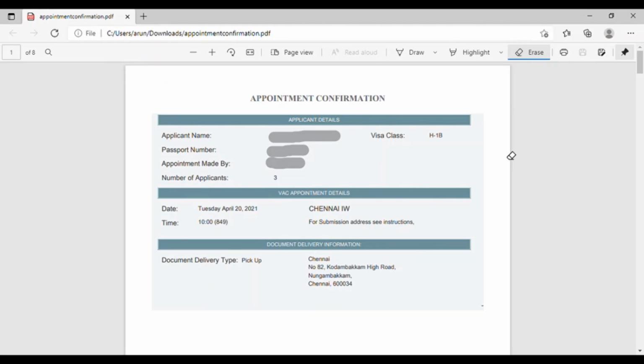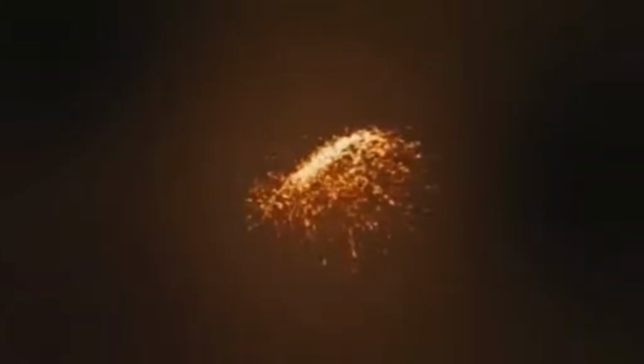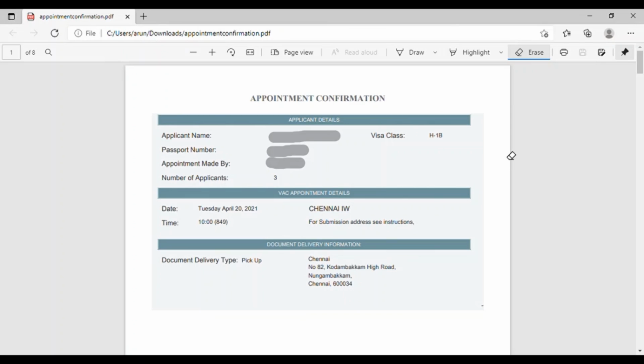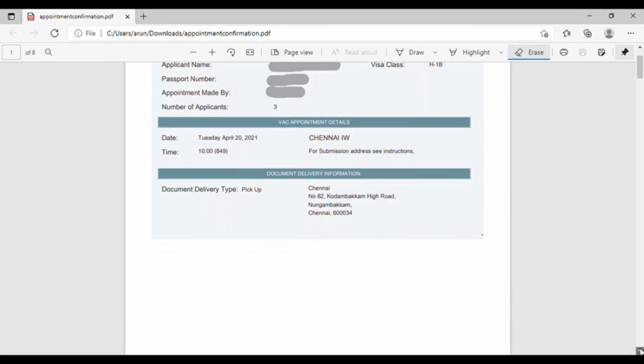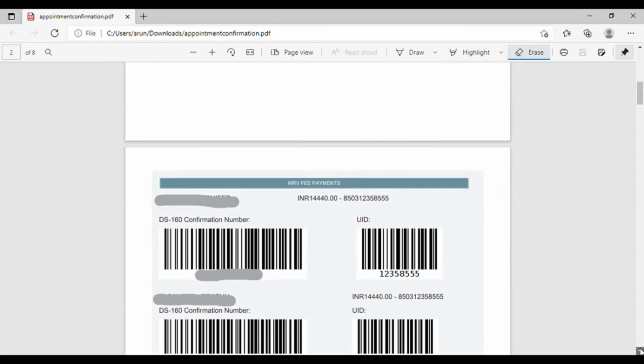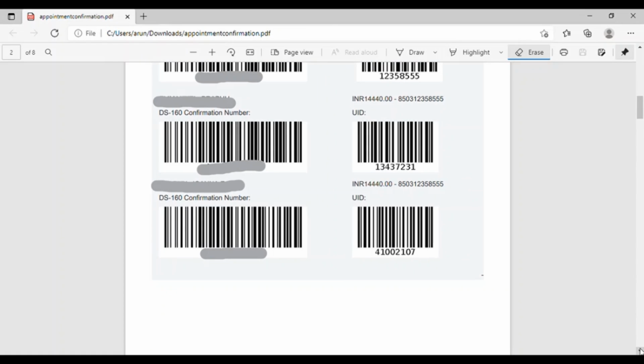Once you make the payment, the receipt will auto-populate corresponding to the barcode of the applicants applying for the visa interview. I was eligible for Dropbox interview. Either you will be eligible for Dropbox or in person based on the set of questionnaires it would ask. Earlier it was just for a year, but right now it is going to be for 48 months. After my payment, this was the appointment confirmation page that got generated, and I included my family. It will show the primary applicant's details along with the dependent details as well.